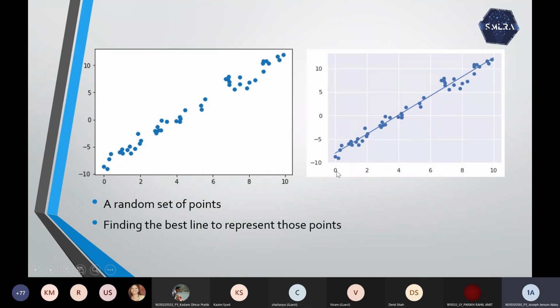And after plotting this line, as I've mentioned, when you have any x value, you'll get the y value. So this is random data. We can write Python code to plot random points and to draw the graph of it. And using linear regression, we can draw the line. So we are going to see how we do that.